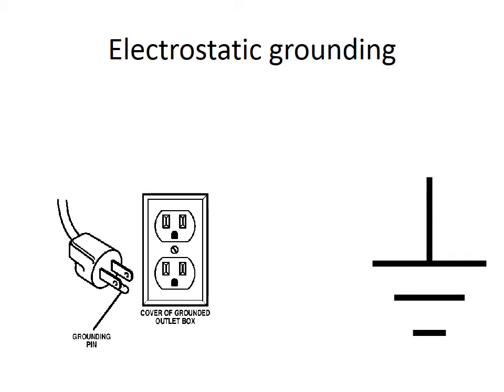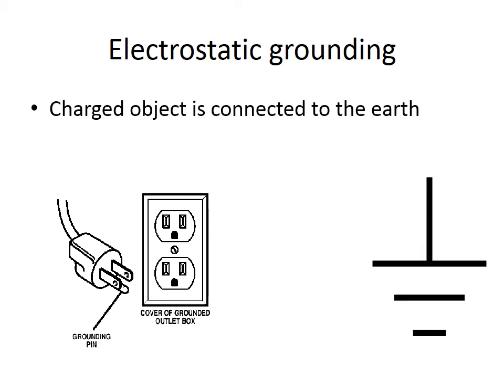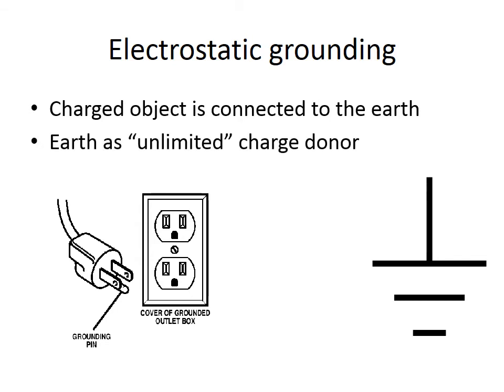The symbol on the right is the symbol for grounding. It means the charged object is connected to the Earth. Now, the Earth is an unlimited charge donor. So let's say something is negatively charged and it comes in contact with the Earth directly. Well, at that point,